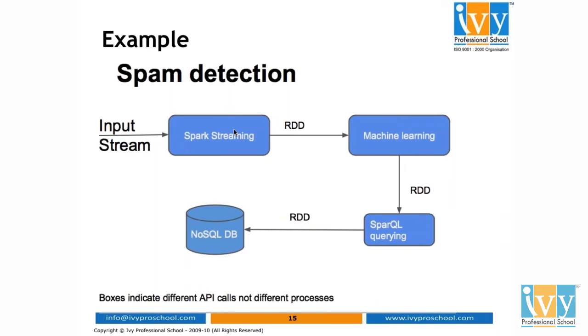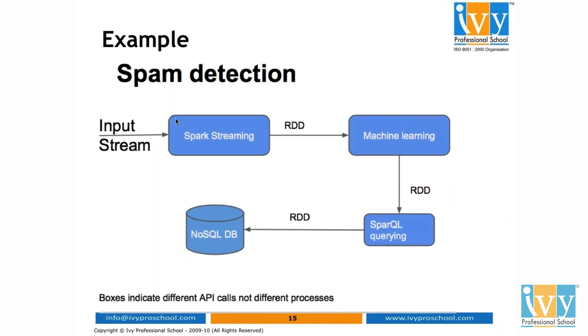So in this spam detection algorithm, if you use Spark, what will happen is you get the input data. Spam detection algorithms have to be done in real time, so it's streaming. I told you they are mostly machine learning algorithms. So you create a model and then you pass it to streaming. The problem with models is that you're not up to date with the new data.